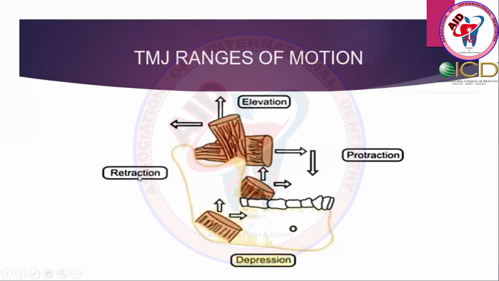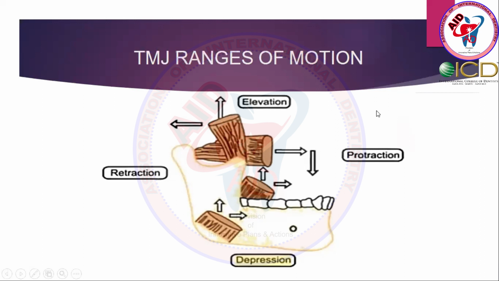Now this is a very good picture. Try to understand it. This is retraction. Retraction is right here. That is the pterygoid muscle, and that is going on retraction. Elevation. This is one elevator, that is the temporalis muscle. Second elevator, medial pterygoid. Third elevator is the masseter muscle. You see 1, 2, 3. These three muscles are used for elevation.